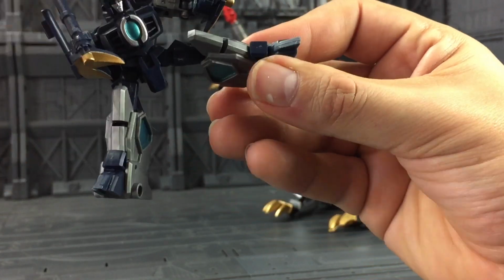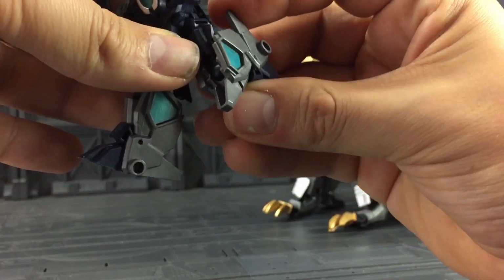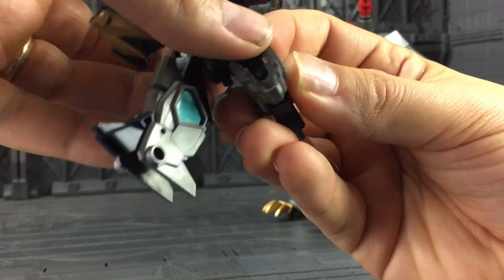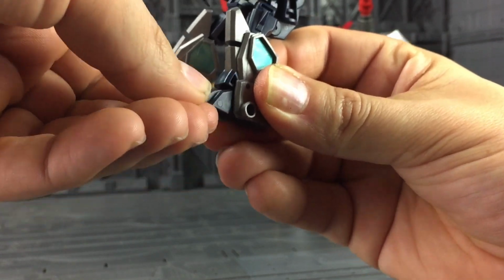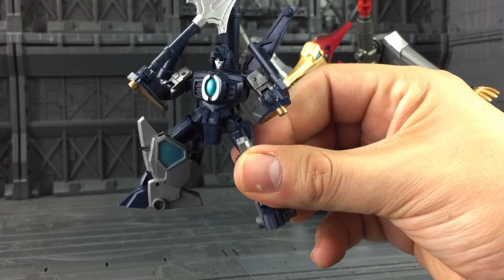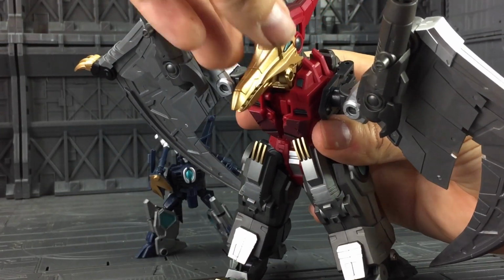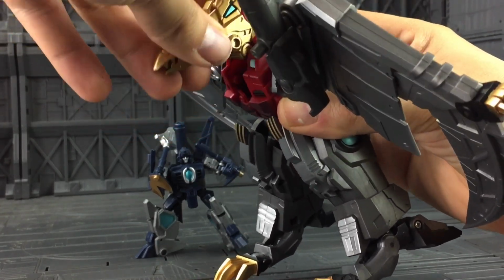Comes out about this far for the splits. We get a really incredibly deep knee joint bend there, and we have a wiggly woggle on the toe there, but unfortunately no pivot. But I think some of the poses you can pull with this, I think you can get away with not having those ankle pivots. As for Volar, the head does move up and down